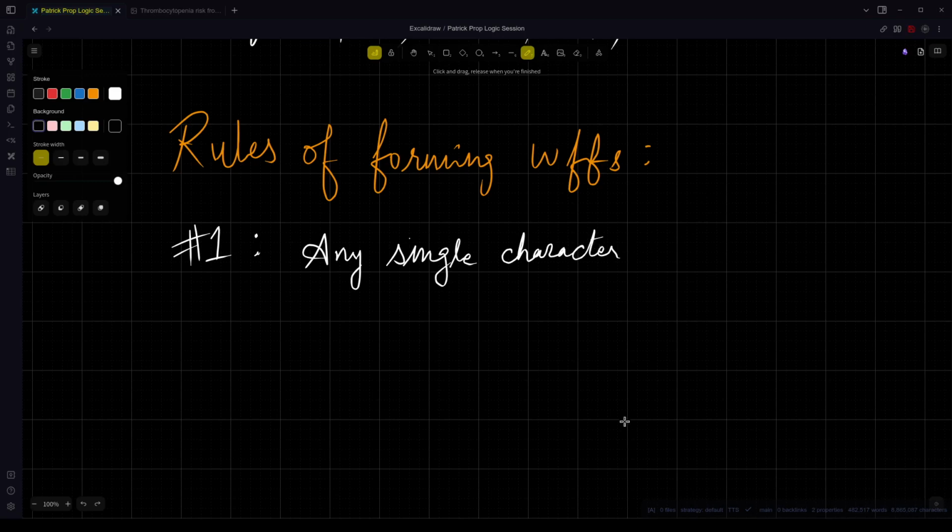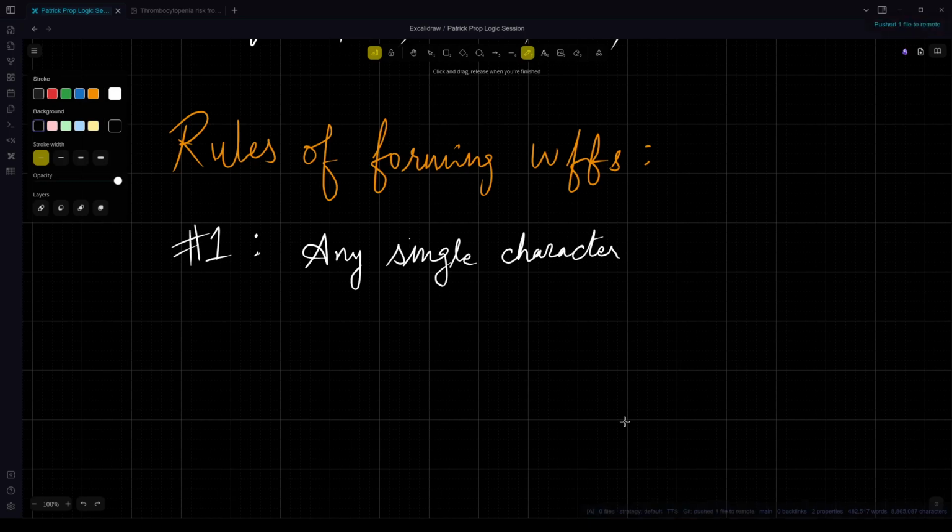But I cannot, for example, put two letters together, like AB or ABC, and use that as a single variable. There's nothing stopping you, but that's just going to be a little confusing. If you have two letters of the same case, like capital A, capital B, it's going to be confusing. Are you talking about one variable or two variables? It's sort of confusing. But if you change the case, then that's